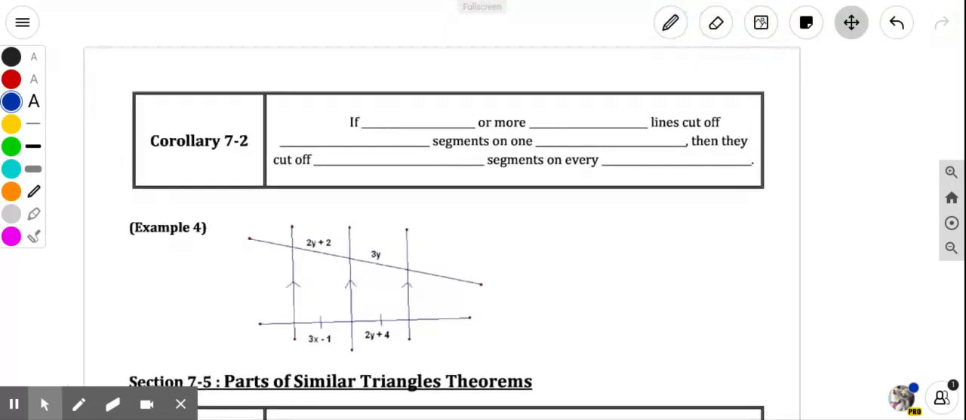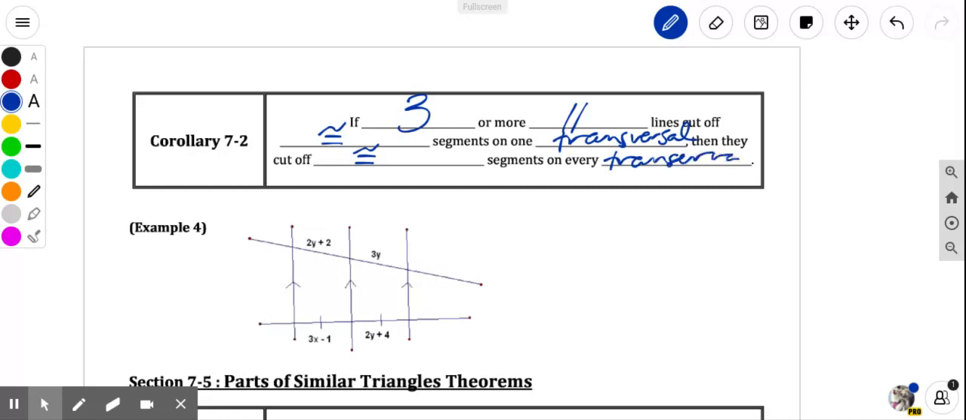Okay, one more corollary for 7.4. And it says if 3 or more parallel lines cut off congruent segments on one transversal, then they cut off congruent segments on every transversal. And so what it means to cut off congruent segments,